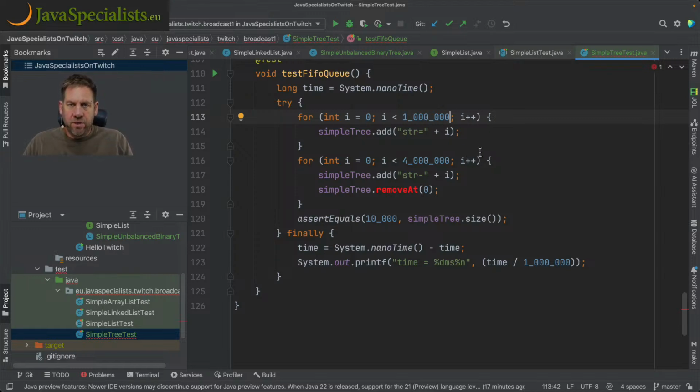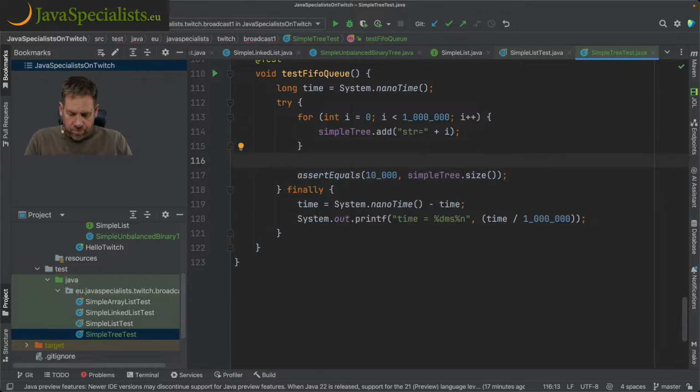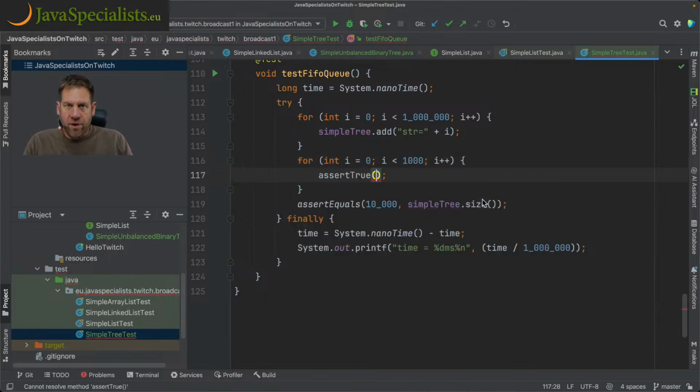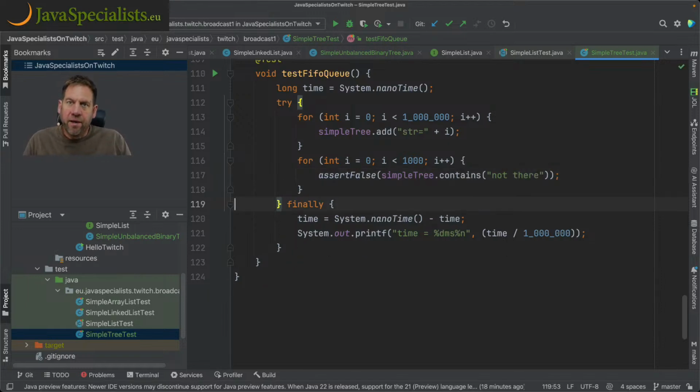And then what we're going to do is see whether or not it contains it. So we're going to do for 2000, assert false that simple tree contains "not there". So there's no string "not there", but it's got to look through the whole thing in order to see that